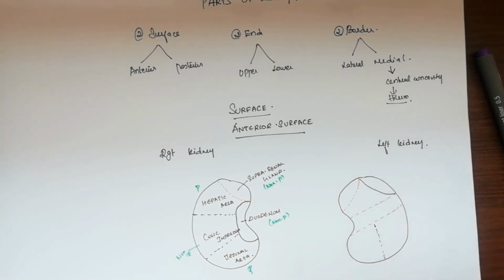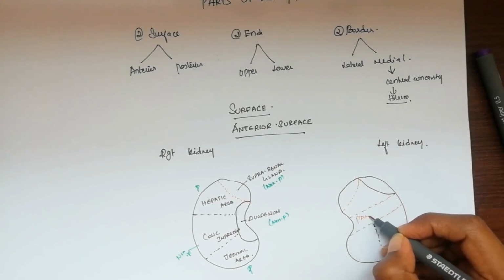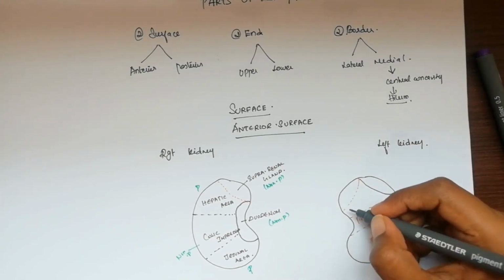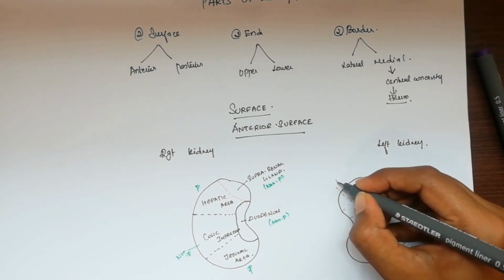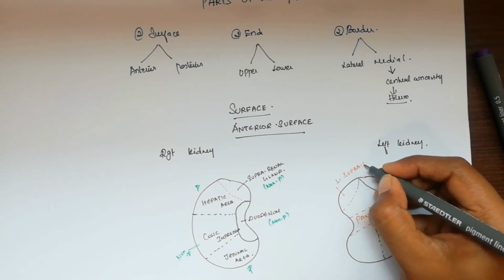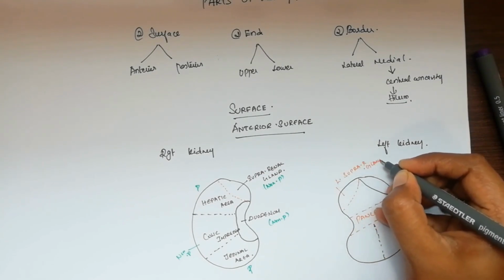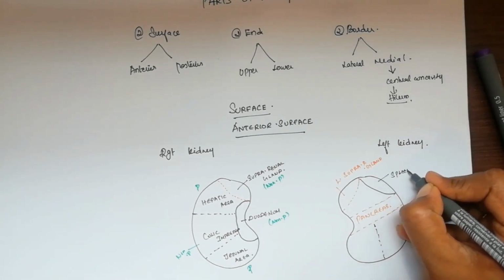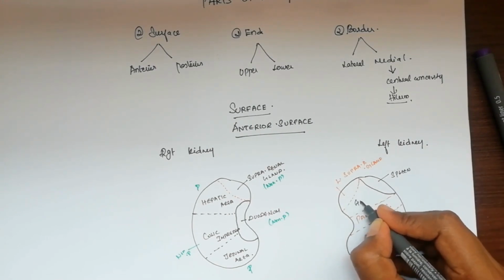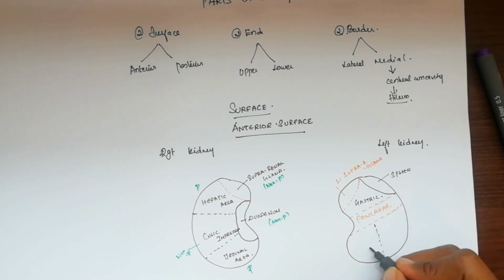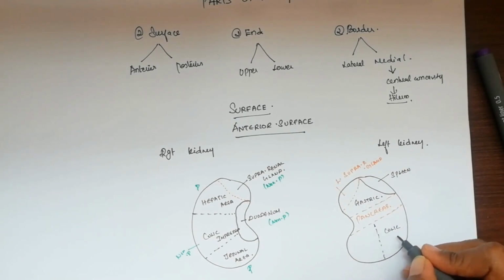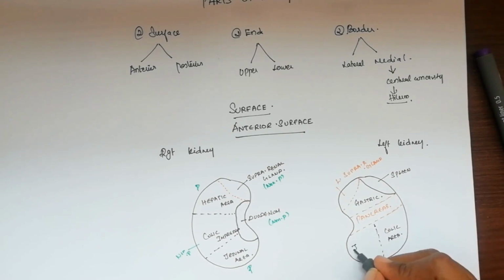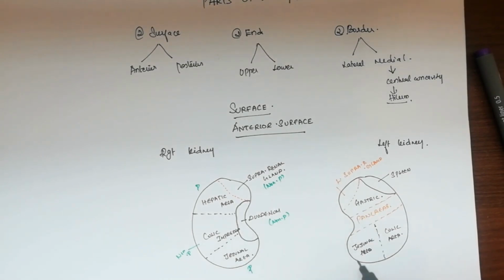So in the middle part we have the pancreas, and here in the upper end we have again the left suprarenal gland. Here the lateralmost one we call the splenic impression, spleen, and in this triangular area we have the stomach, so gastric impression, and below in the lateral part we have the colic area or colic impression, and here we have the jejunal area. So this is how we have organs related on the anterior surface of the left kidney.